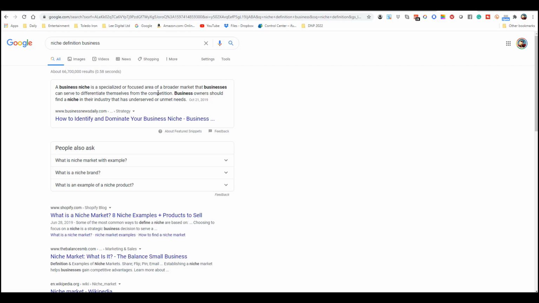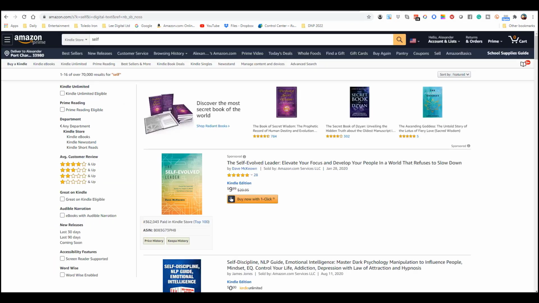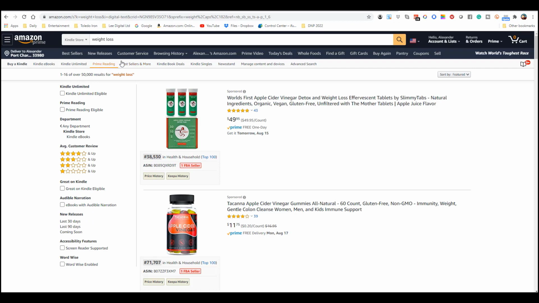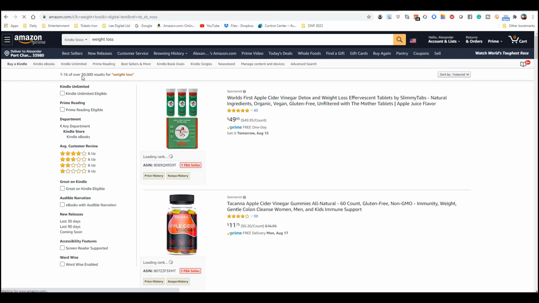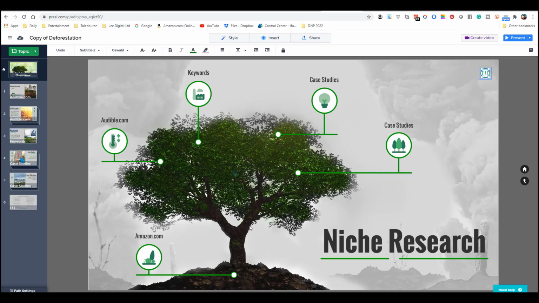Same thing applies for books. You go from a broad market, and I'll give you an example. A broad market would be weight loss. So when you type in weight loss and you go into Amazon, you have 50,000 competitors for this word, right? This is very broad. This is akin to this large area of the tree here, weight loss, right in this section. If you want to focus down into this area of the tree as an analogy,